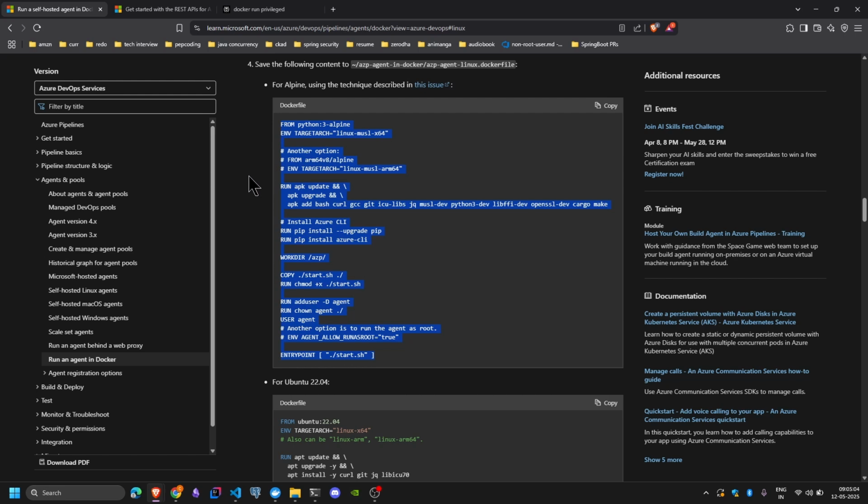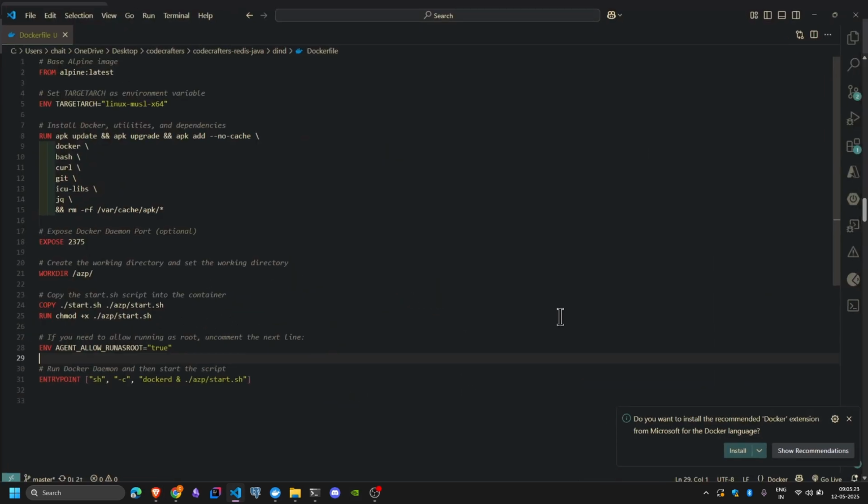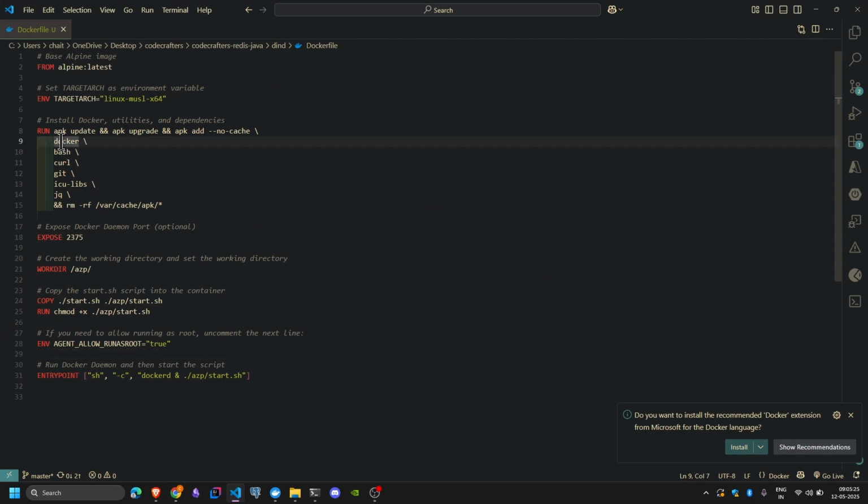The first option, which we're not following in this tutorial series, is the Docker daemon socket mounting inside the container. We're not going to do that. The other way that we can do that is what I'm showing you. We can install Docker, its binaries, in the container itself. So when we are building the image,